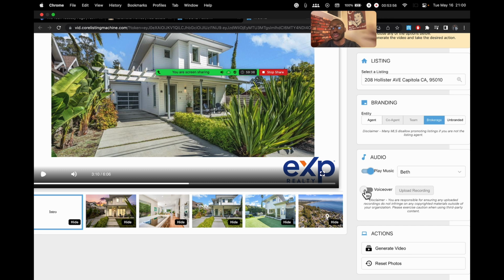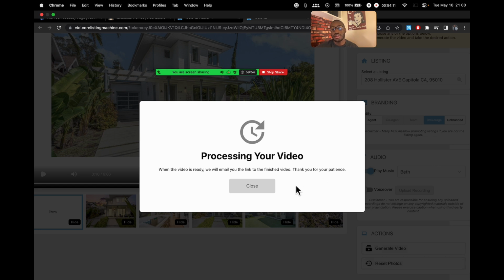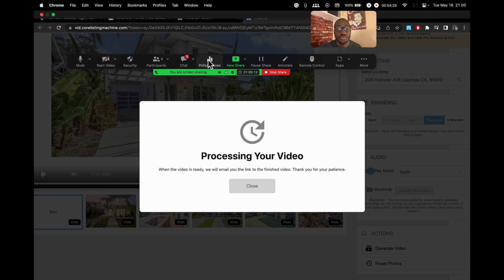I can change the music, like I said. You can even add a voice over to your video. If I was to do this, I can upload a recording of myself talking and put it on this video, all straight from KV Core. Once done, all I would need to do is click generate video. KV Core is going to send me an email with a link to the video so that I can download it and upload it to my Facebook, Instagram, or wherever else I want to put it. So this is another method you have at your disposal now for free to create videos that are real estate oriented. This is a very, very powerful tool.